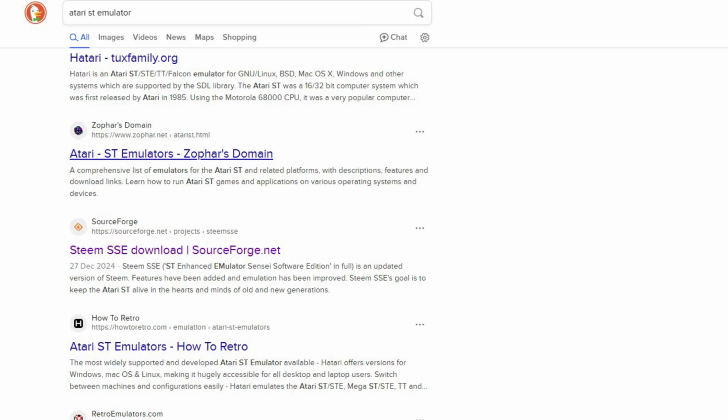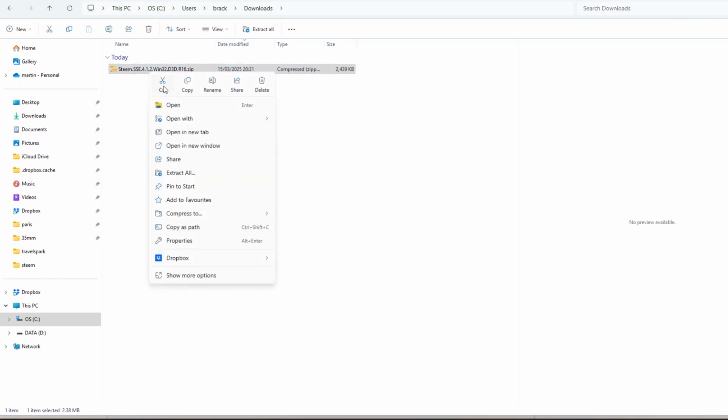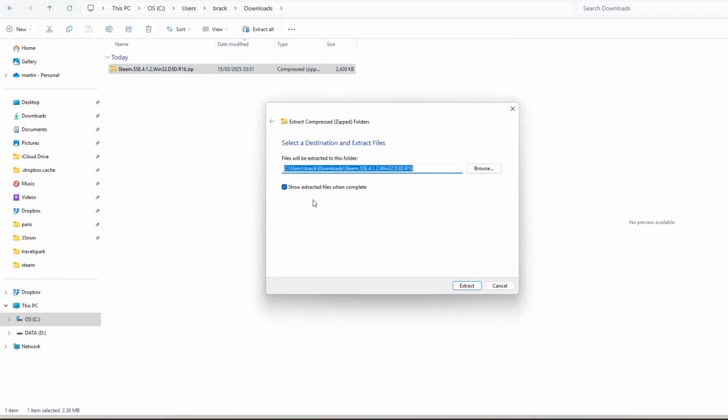So looking at Atari ST emulators, there are quite a few. Atari and Steem are two that I've heard of. In this video I'm going to look at Steem. So going on to SourceForge, Steem is available using the Steem SSE edition. So I'll download that off SourceForge. So if I extract the zip file onto my hard drive,